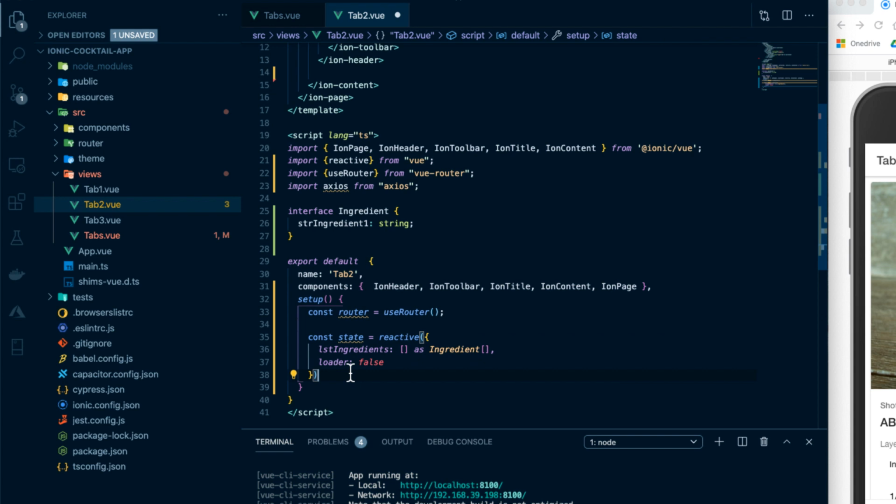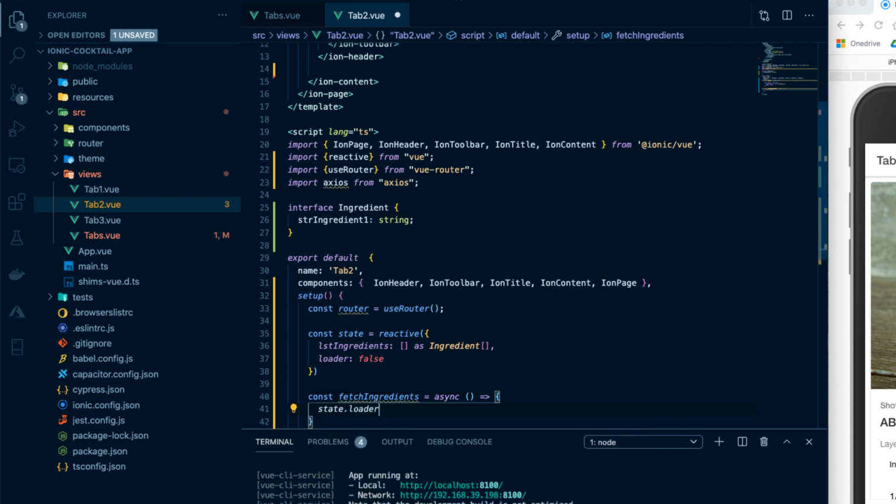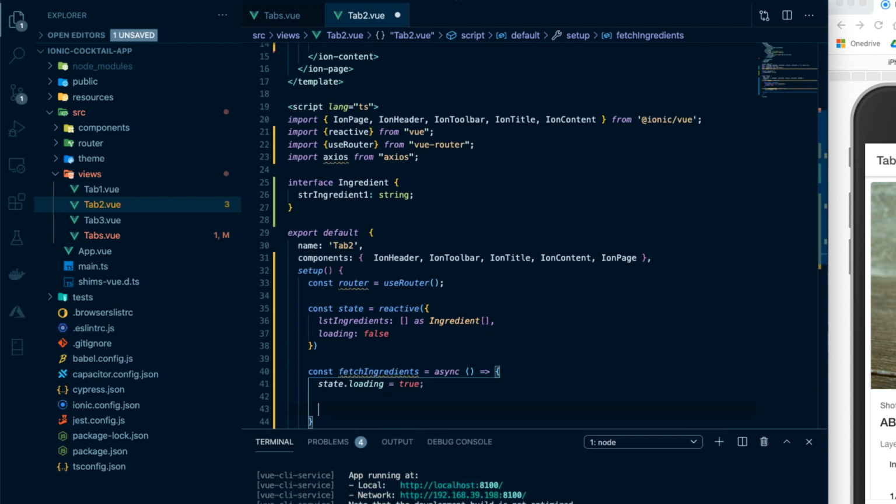Next, we're going to create our method to grab our ingredients. So I'm going to say const fetchIngredients. We're going to set this equal to an async function. I'm going to say state.loading or loader. Actually, we're going to change this to loading. state.loading equals true. const res equals